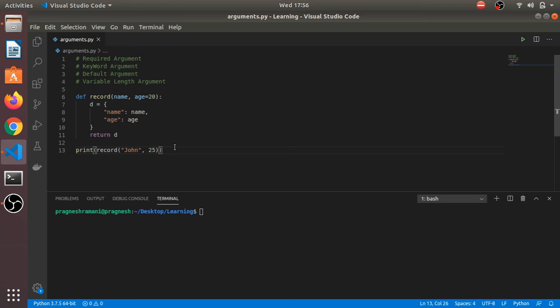For a variable length argument, we need to put an asterisk before the variable which we have defined at the function definition. It will take only non-keyword arguments, and if we put two asterisks before the variable, then it will take the keyword arguments. So let's take an example of that.